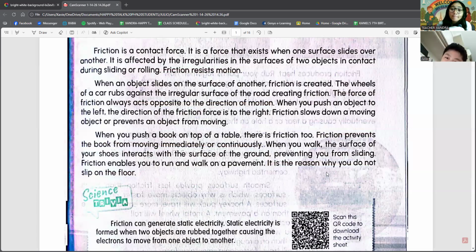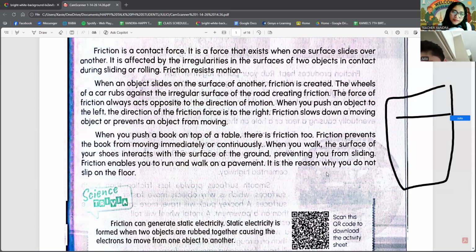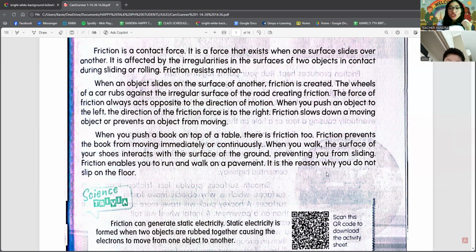You know those little white things in the road, and when you run over them, it goes like that? That's what we call the rumble strips. It's a warning that you need to slow down because there's a school zone, a church zone, a hospital zone. So that's a rumble strip. It's a warning to slow down.